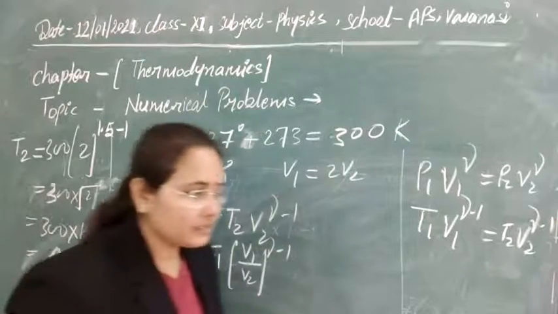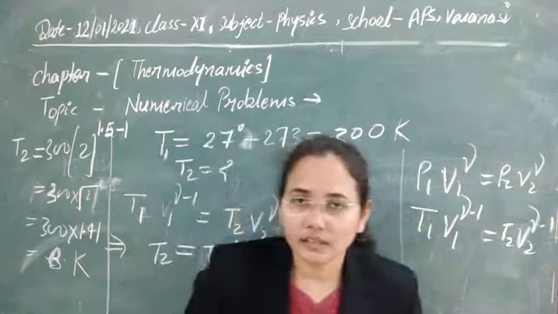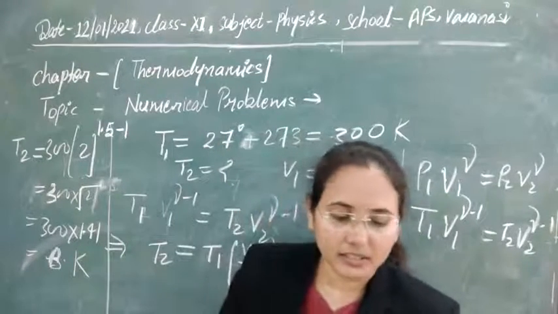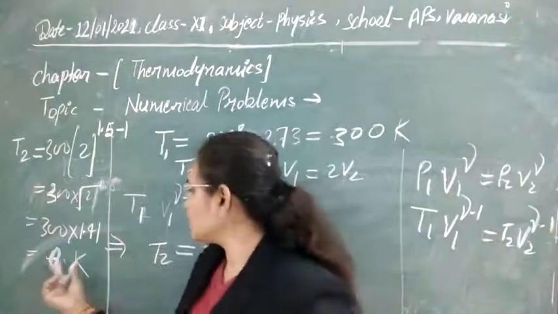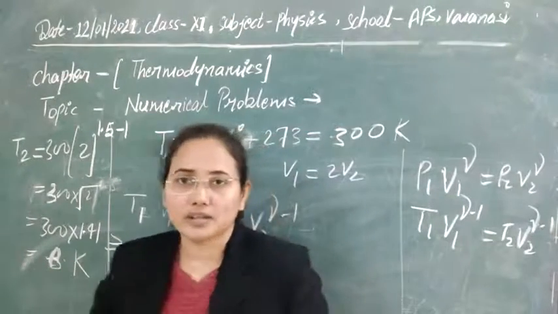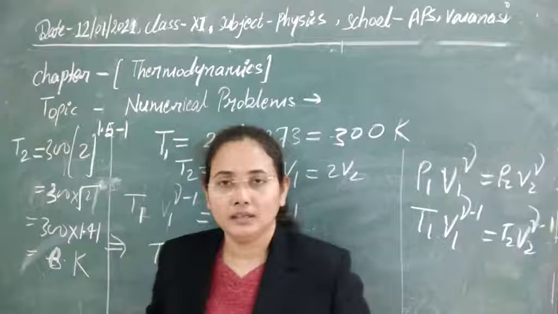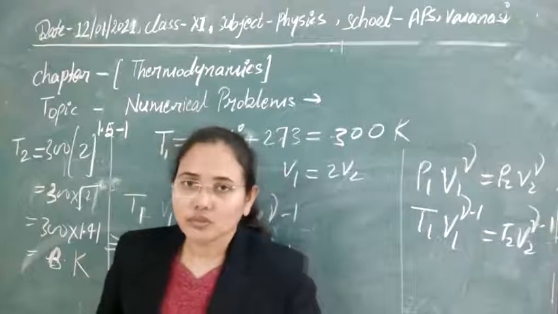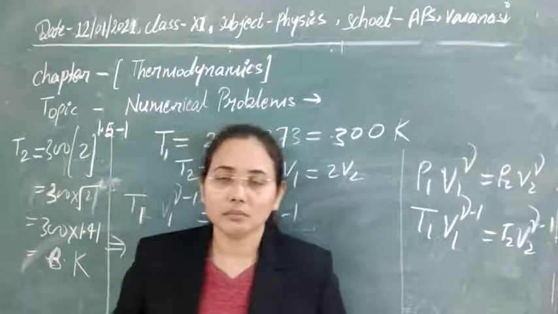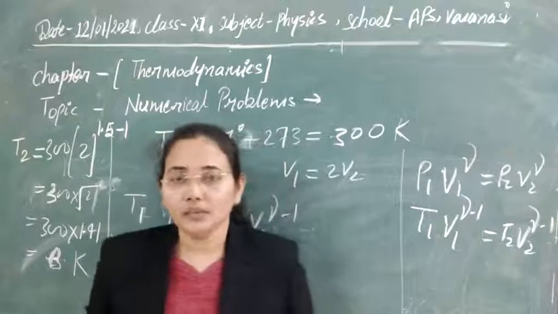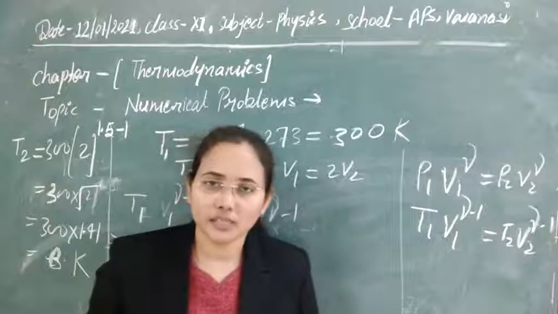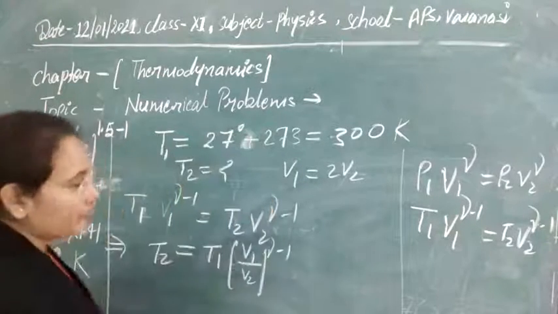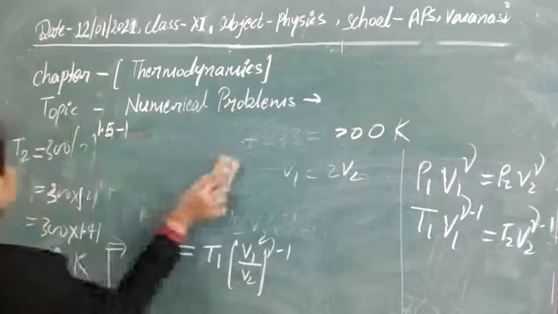And students, as in the question the temperature was given in degree Celsius, you have to convert this derived temperature into degree Celsius. So just subtract 273 from here, and you will be converting to simple degree Celsius. So in this way, if an isothermal or adiabatic process is given, you can calculate the temperature and pressure here. Let's see some other questions.